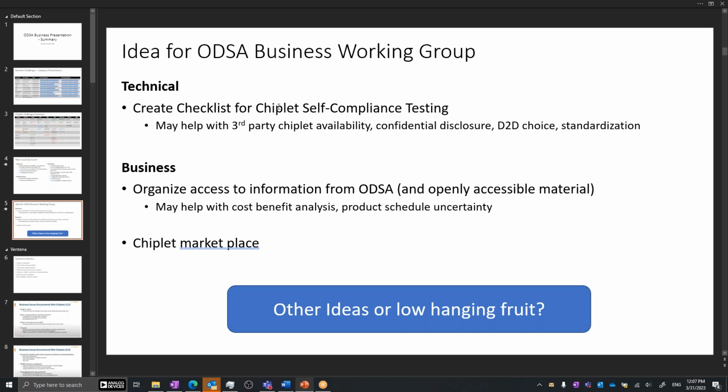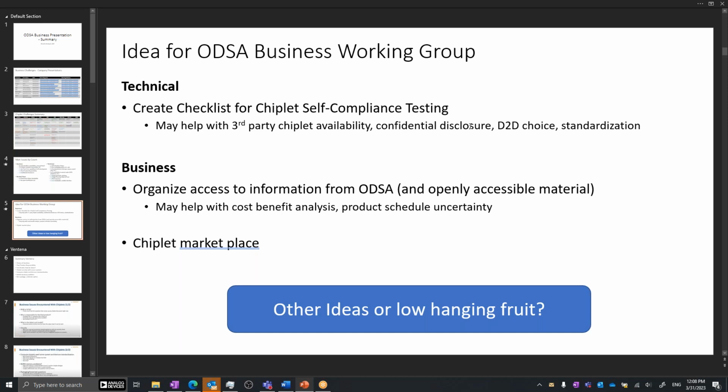One being this chiplet checklist, and the other one being to organize information that the ODSA provides, and possibly also other material. And I put in here underneath the kinds of challenges that I think those projects would address. So the checklist would address quite a few of the things that are being mentioned, helping with standardization, die-to-die choice.